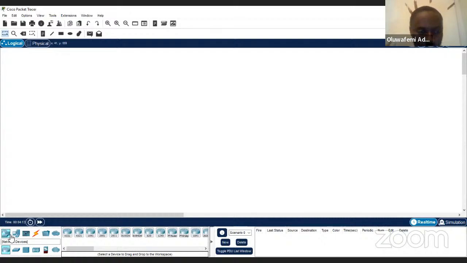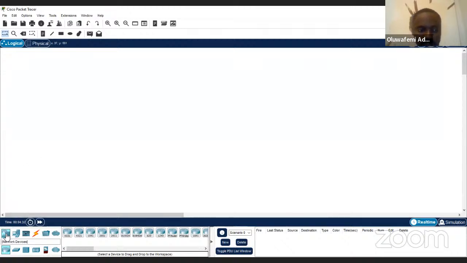And everything you see on the Cisco Packet Tracer, they are simulations, but this is exactly what you can do in real life, right? I'm not going to go into configuration, how to configure a router or a switch. That is probably advanced, but I'll show you some of these devices.